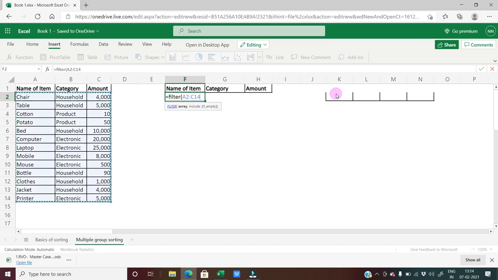So I select this entire array which is coming in blue. I put a comma. It says include. So here I need to put which particular column of the array I want to filter. Say for example, I select the category column that I want to filter, and it asks me filter by what. So then I will say household.